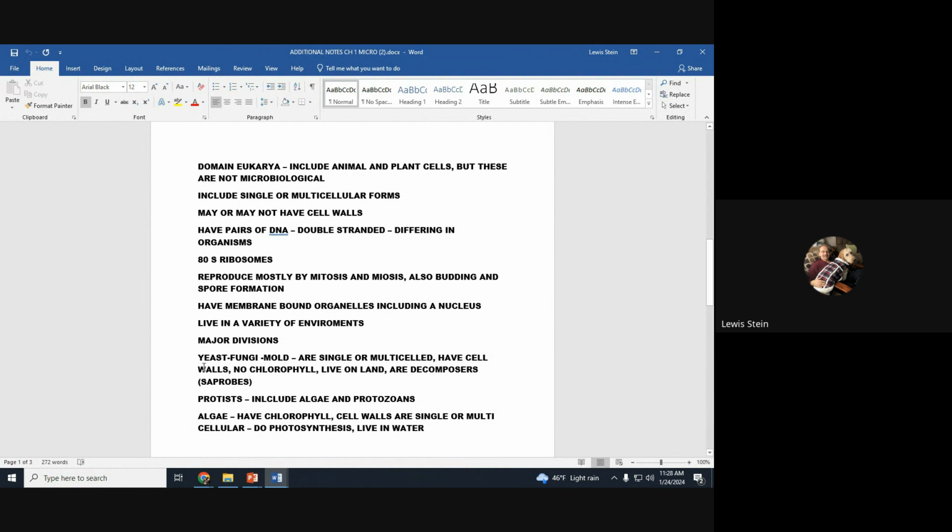Basically, we have the yeast family, a lot of impact on us. Yeast, because of all it does for us, and yeast infections are a big player. Fungi, a tremendous amount of skin problems start with fungal infections. Athlete's foot would truly be the most common of all of those. Okay, they are single or multicellular, and they're interesting because they have cell walls, but unlike plants, they don't have chlorophyll.